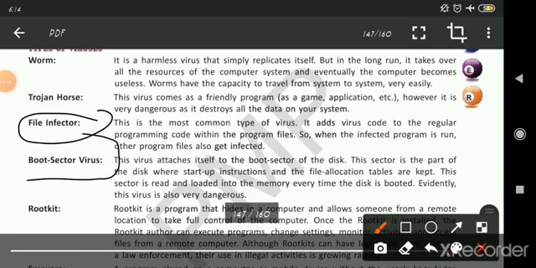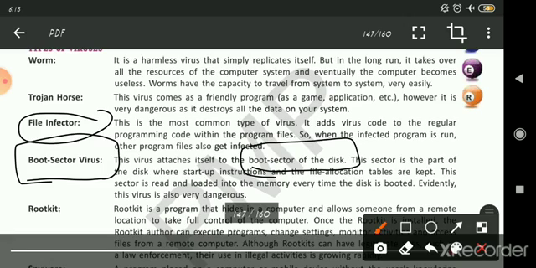Boot sector virus. The virus attaches itself to the boot sector when the computer starts. There are two types of booting, hot booting and cold booting. So in the booting process, this virus affects the boot sector of the disk.